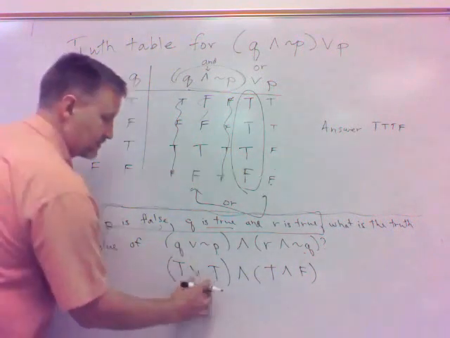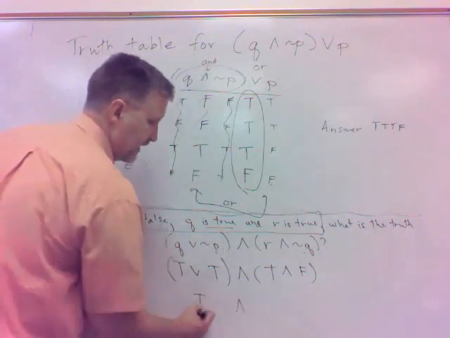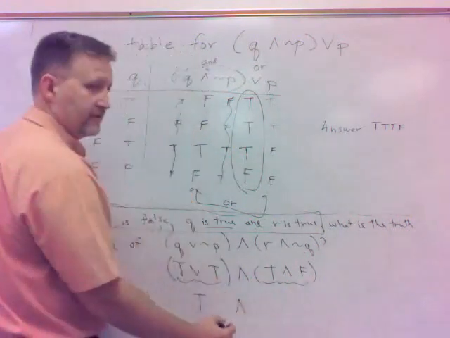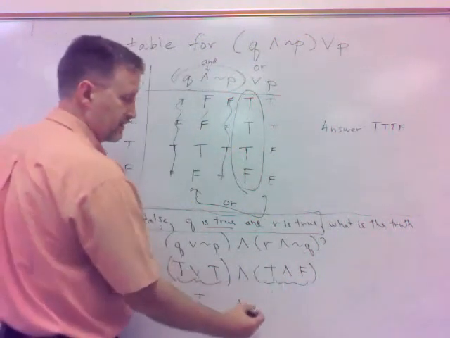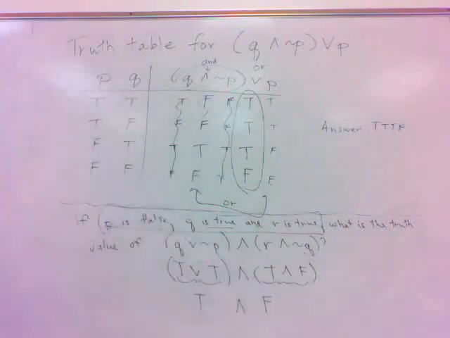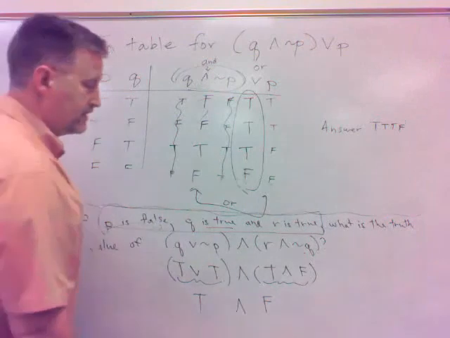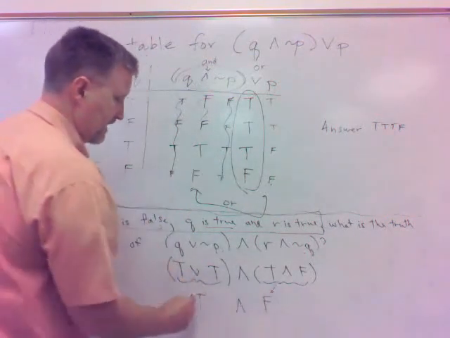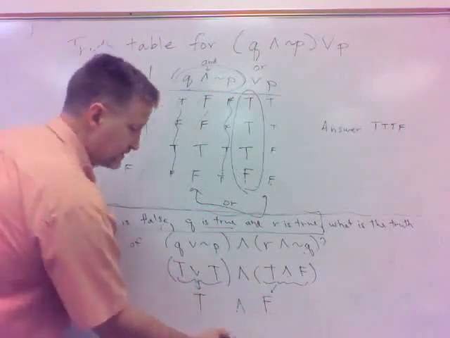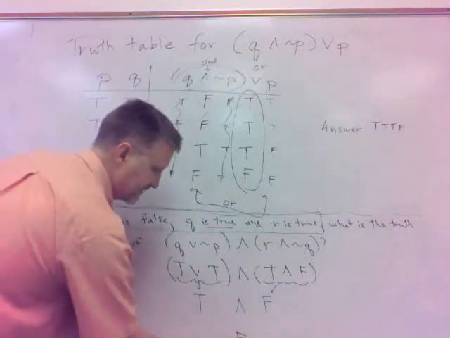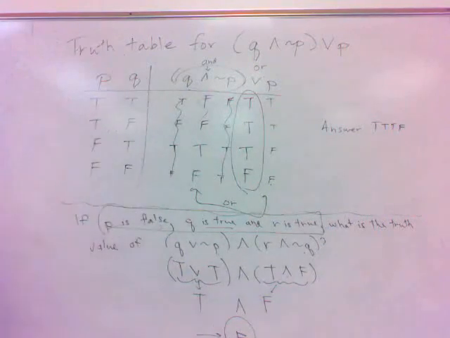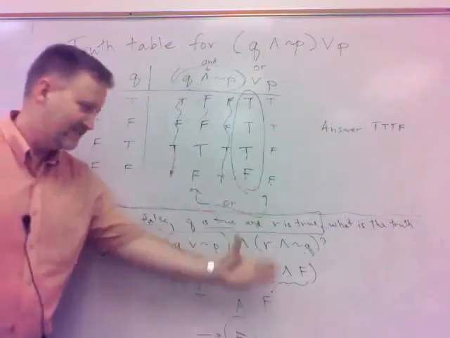Do the parentheses first, true or true. Well, that's true, right? True and false. What would that be? Be false, wouldn't it? Because that's AND and both of them have to be true for it to be true. So we got that there. And then we do the last one, the AND in the middle, true and false. Well, that's the same thing we just had, wasn't it? That's false. Okay. So that's all they're doing. I mean, you got a 50-50 shot at it anyway because it's either going to be true or it's going to be false, but if you just follow the